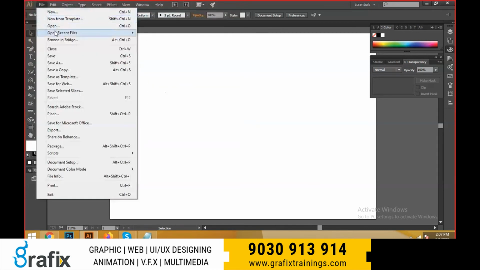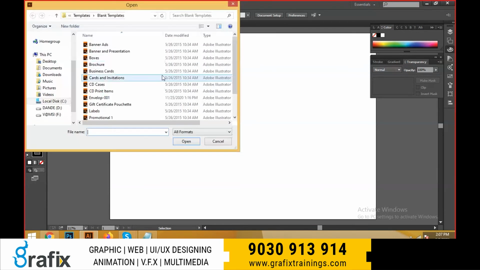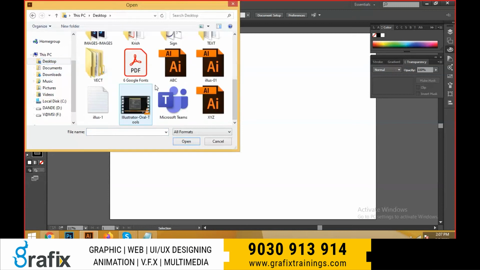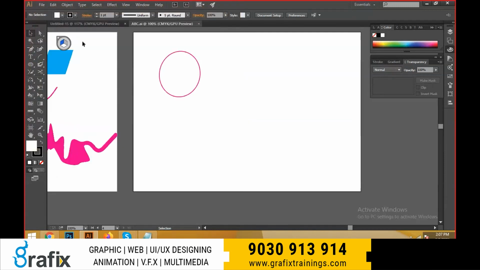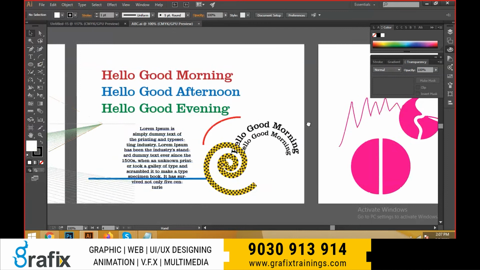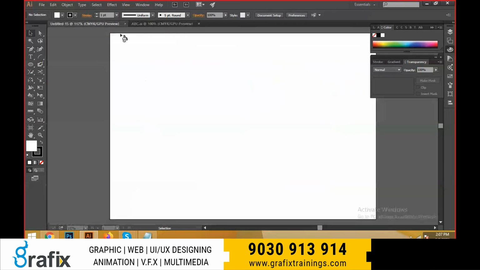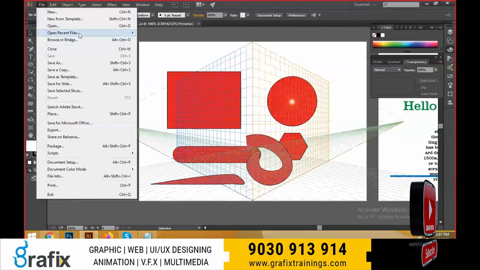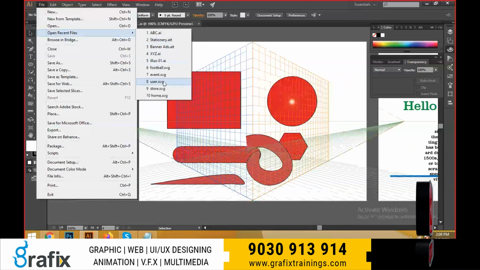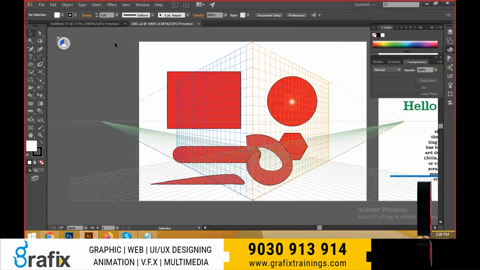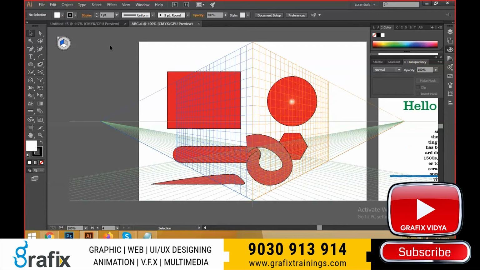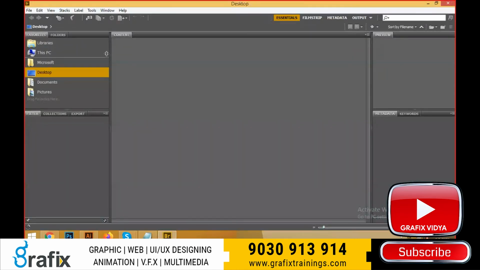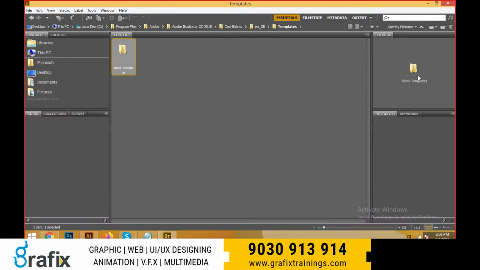And we can save as a template also, guys, but I'm just opening the documents. Already we have some predefined documents that we have saved, like ABC. This is the illustrations we already saved. This is the text and we have the documents. And go to the recent files and we can see the recent files, the documents. And Browse Bridge is nothing but, see, we need a license for Browse Bridge, guys. Yes, exactly, we can see Browse Bridge is nothing but we can open documents from here also directly.